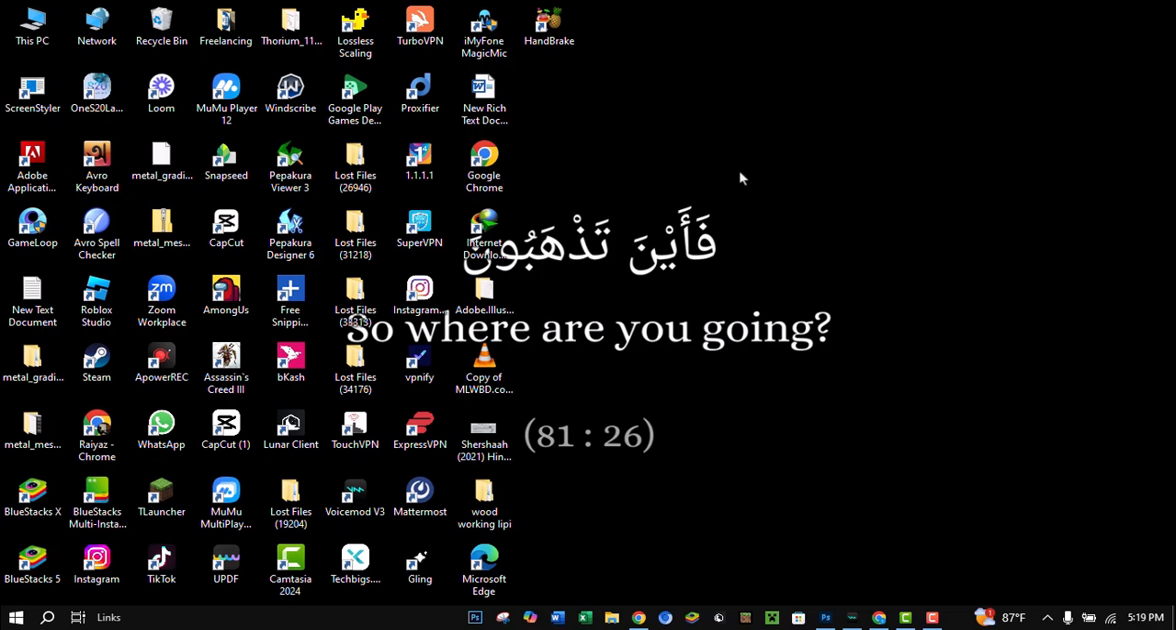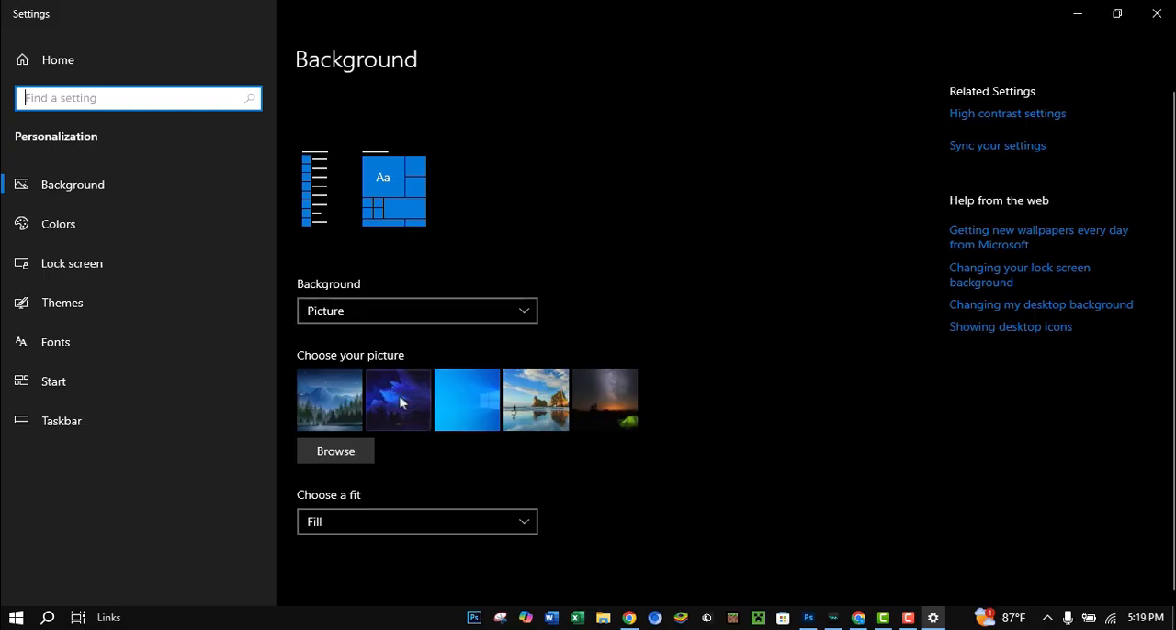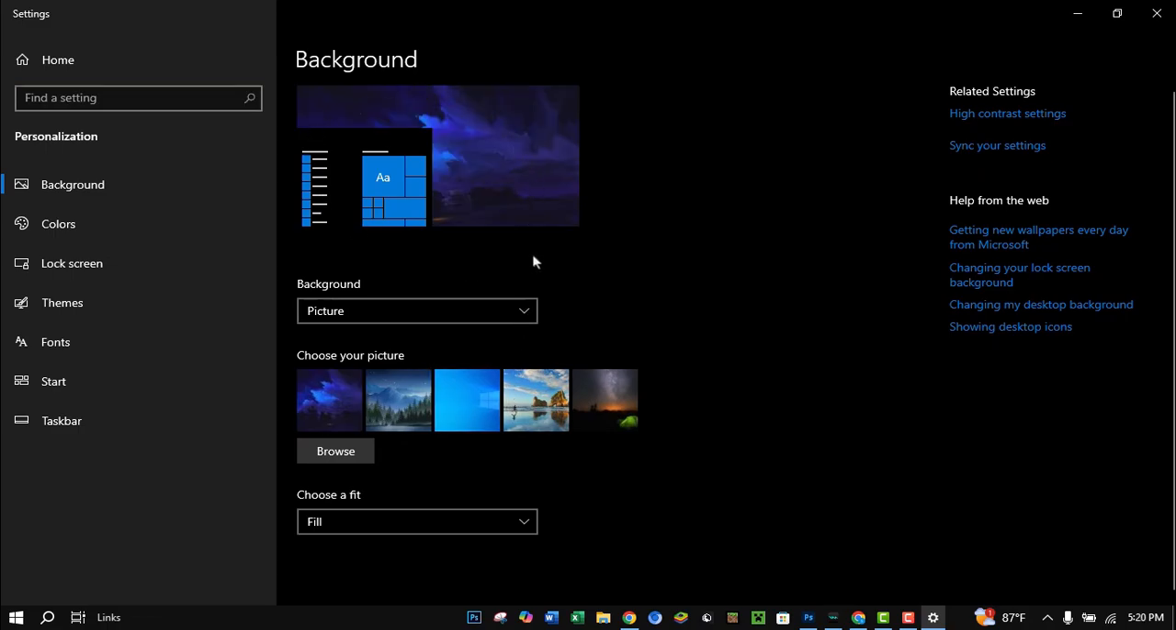Give a right click on your mouse and you will see a box like this and go to personalize. Here you can choose any picture you want for your wallpaper. The preview is shown in here, and if you want a selective photo that you have downloaded and you want to set that for your wallpaper, just click on browse